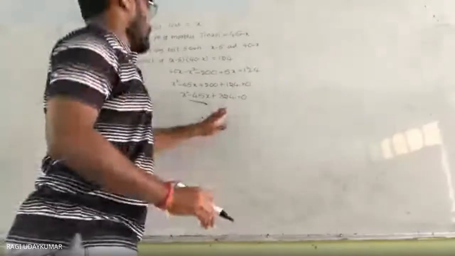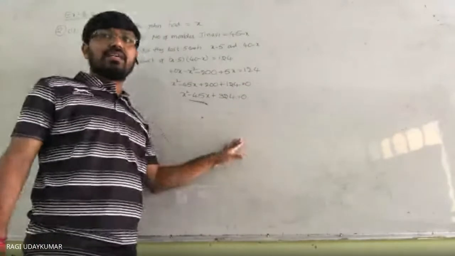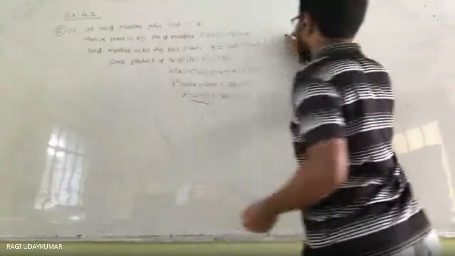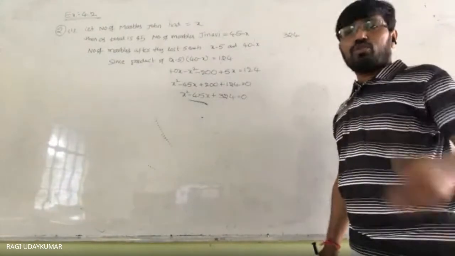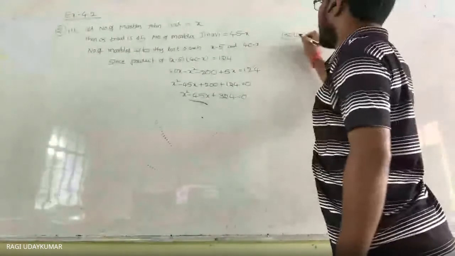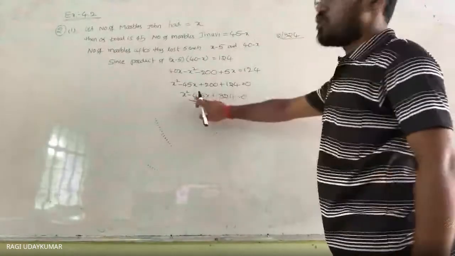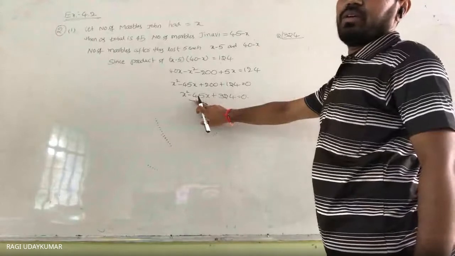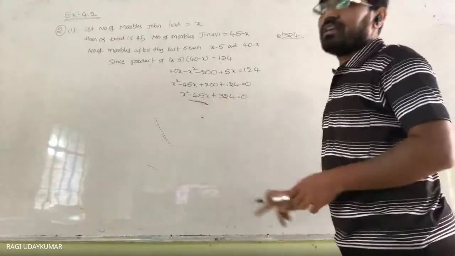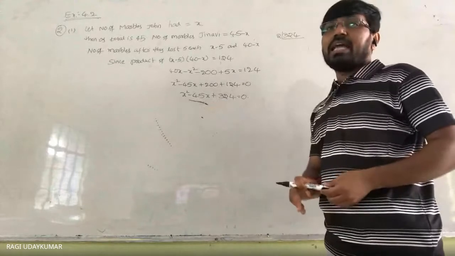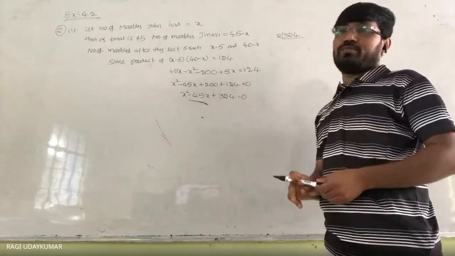So now, 324 is the number which is to be factorized in this situation. So factorize 324. What do you get here? Directly we cannot do 45 here in this situation. The sum of the two numbers should be equal to 45 and the product should be equal to 324.